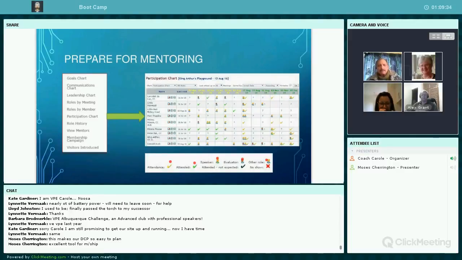Absolutely, I like your comment there about your DCP, because reaching the DCP will depend on how many of your members have completed CC Advanced manuals. You, as the VPE or president for that matter, can look into those charts and find out at a glance who's ready for that. And this becomes part of your success plan.